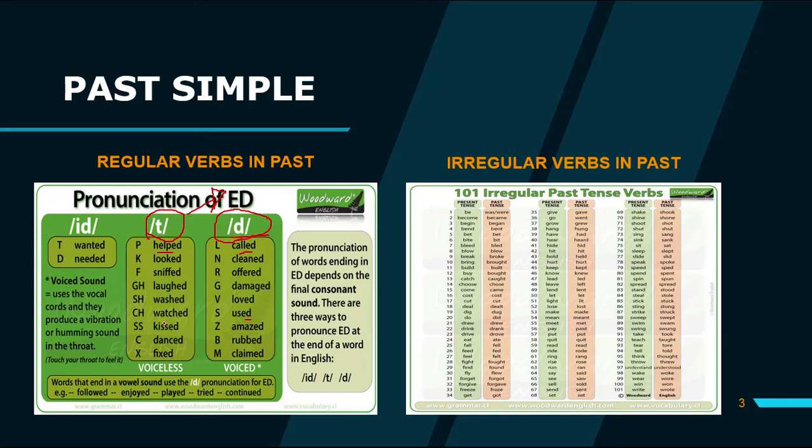Okay. Finally, we have the id pronunciation when the verb is a regular verb in past. Well, it's only two cases, when it finishes with t and d. For instance, we say want in present, and in past we say wanted. Need in present, we say needed in past. Okay,